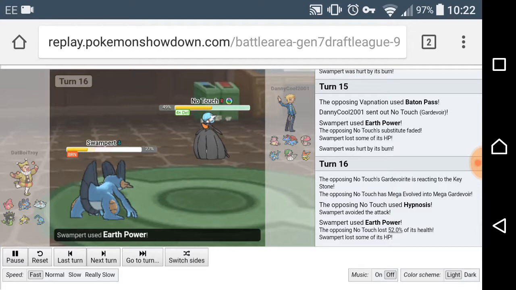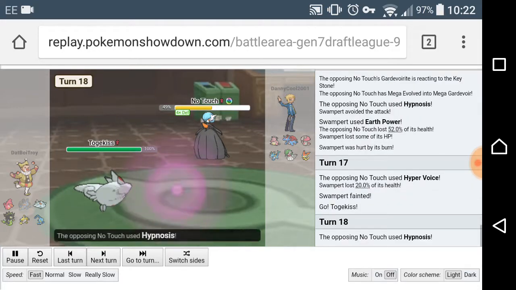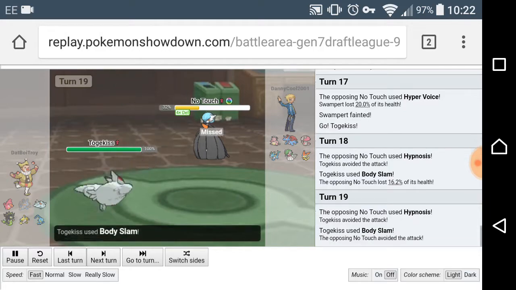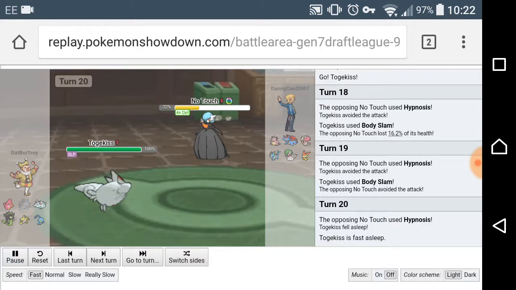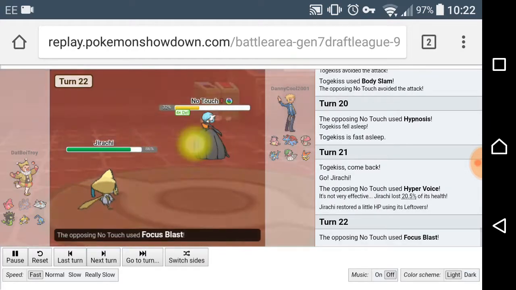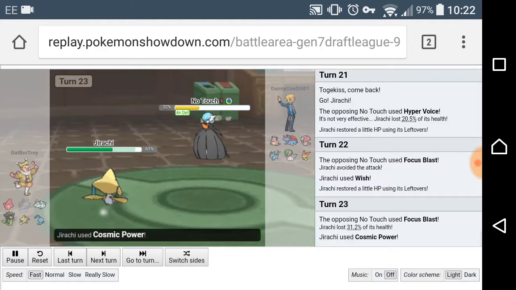He does 52%, and he's a Life Orb, Earth Power, and so I Hyper Voice. I wasn't really paying too much attention in this battle, so I Hypnosis. It's a physical Togekiss. Body Slam misses me, it's a Hustle Togekiss, so I finally land my Hypnosis. And I Hyper Voice. Basically what I do is Focus Blast, I miss, and this thing can take me out if it wants to. I Focus Blast, hit my...